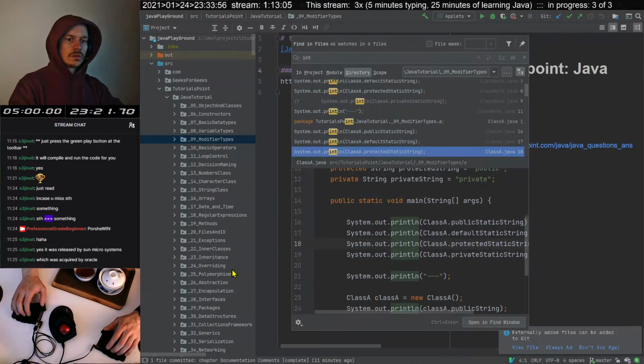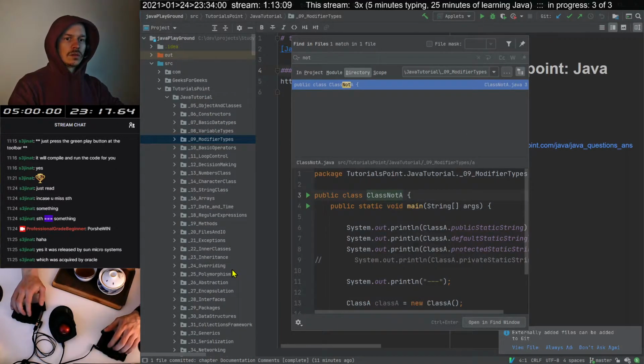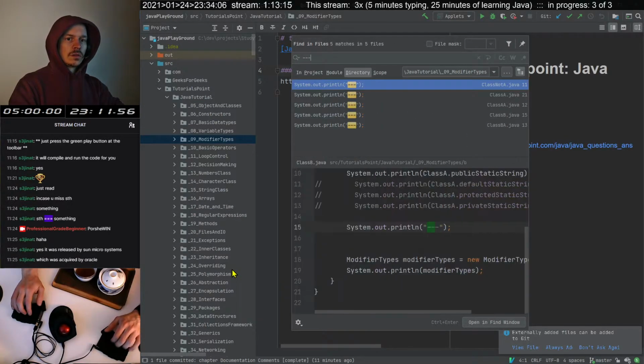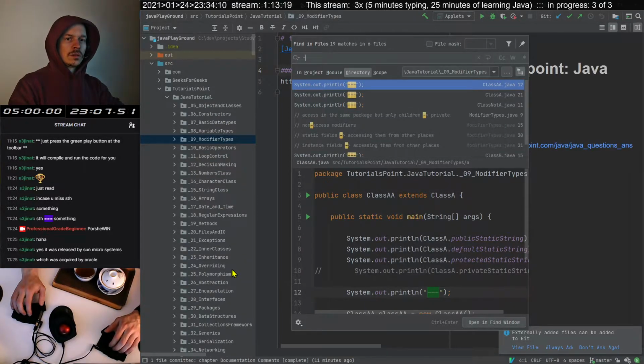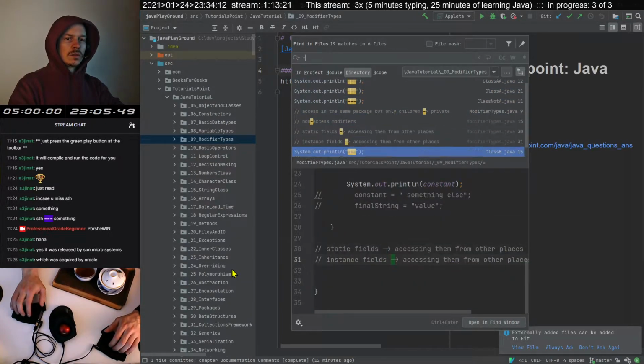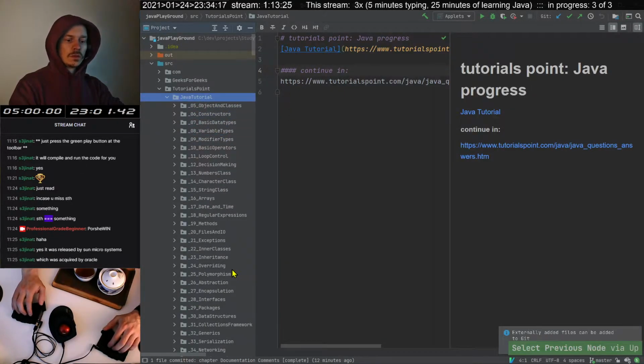This works, so not. Oh, because I'm stupid.